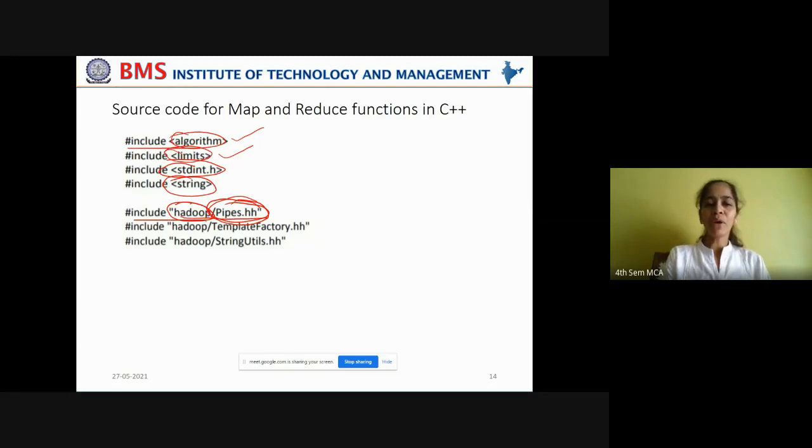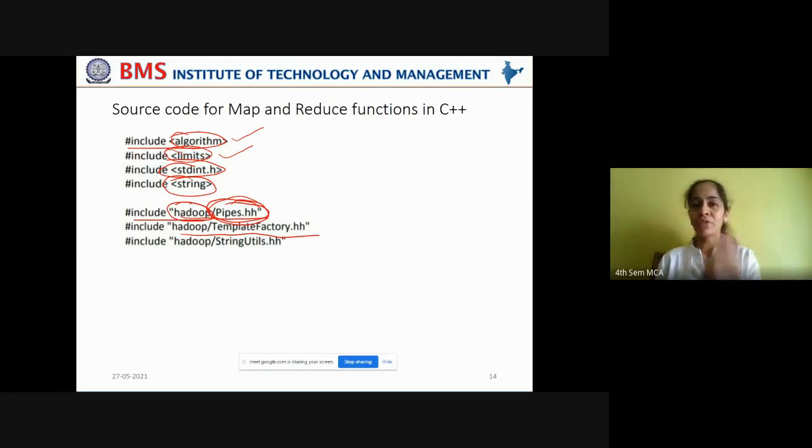Okay, now include the Hadoop pipes header file, and include the Hadoop template factory header file also. Why do we use this template factory header file? You don't know what would be the requirement for each application that is running the MapReduce jobs on the HDFS cluster. In such cases, you may have various types of templates.